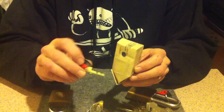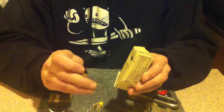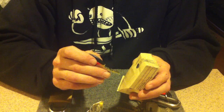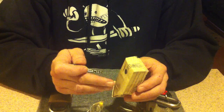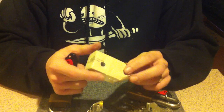Once all 10 pins on both sides are at the correct heights, the sidebar finger pins will drop into the hole. These are mastered by adding extra holes, and also they have false holes, which are not drilled very deep. They're false holes designed to frustrate picking and heighten security. So that's pretty much it for today for our overview on